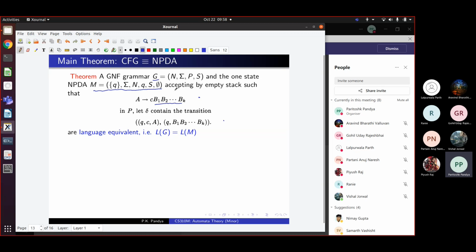So is the translation of Greibach normal form to a push down automaton with a single state clear to you? This is how we do it, for every rule like this. Any questions here? So the role of non-terminals is being played by the stack symbols, and when we do a derivation we will get a sentential form. The non-terminal part of the sentential form will be on the stack. We will see what such an automaton achieves.